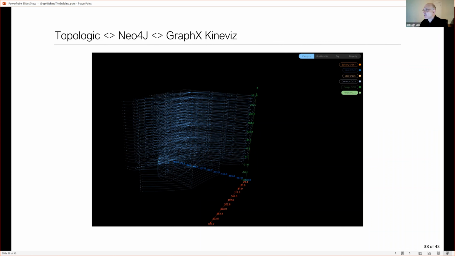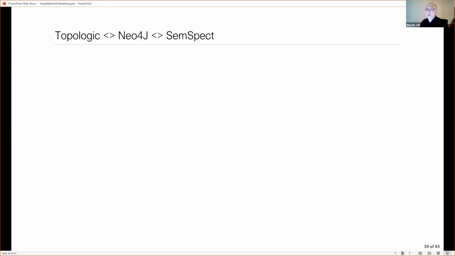But the connectivity never changed. It just simply unfurled it into its shape. There's another plugin called SemSpect, which is also nice. And again, that reminded me of Rob's pattern on rigs and controllers, because I don't want to deal with the 3D model. I want to deal with a much nicer and simpler logical structure, a controller, that I can manipulate and move. And at any point, I would say, I want to click on that and see the 3D effect of that. I would like to see the 3D model.